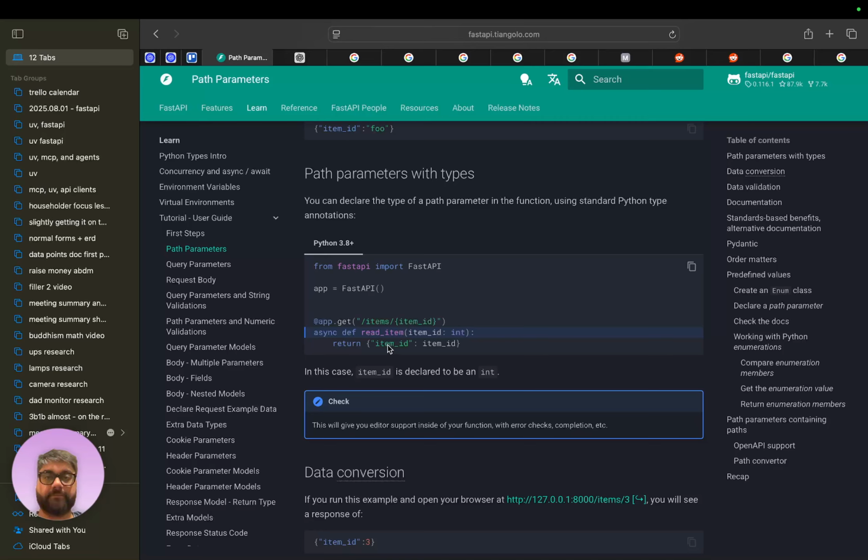Pretty straightforward, right? But since it's specifically defined to be an int, if you put in an obvious thing like some string, like item slash hello, this will just throw an error. Or if you even put a numeric type that's not an integer, like a float, so if you put 4.5, right, that will also throw an error.